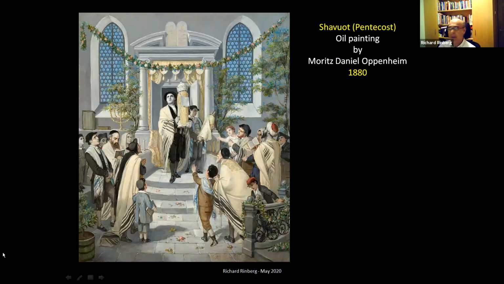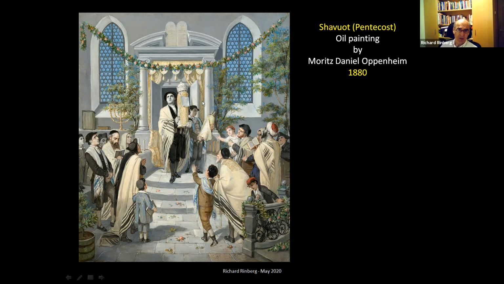So here's a painting by Moritz Oppenheim, Professor Oppenheim, who's accredited today as the first Jewish painter, should we say. And he makes a whole set of paintings of different Jewish customs. And I've obviously taken the one for Shavuot, again, showing in detail what it looks like. So this is for consumption, as it were, not only by the Jewish community, but by the non-Jewish community. And these images end up on postcards and on labels of commercial products here or there, tomato or margarine, so that people could see what was going on.